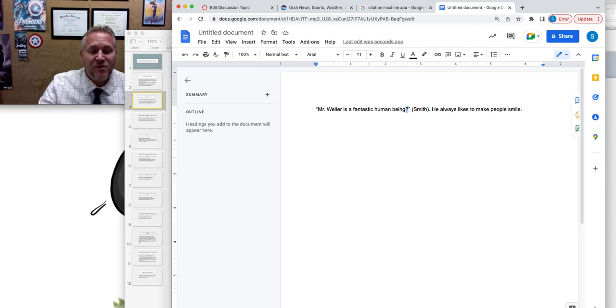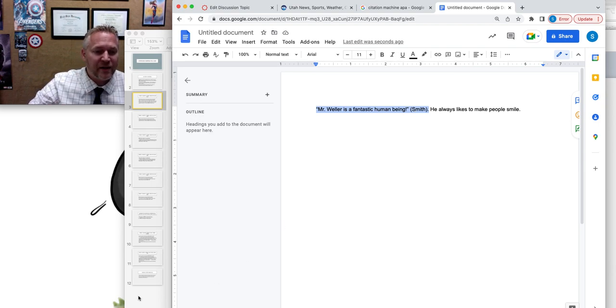Okay. If Smith was super excited when they said that, we put in the exclamation point to denote that excitement. So we put in the exclamation point, but we leave the period where it is. Okay, it's that simple. And the reason we do that is so that this citation can remain with this sentence. So the entire sentence is this. Because that parenthetical note does not belong with that next sentence. Okay, I hope that helps.